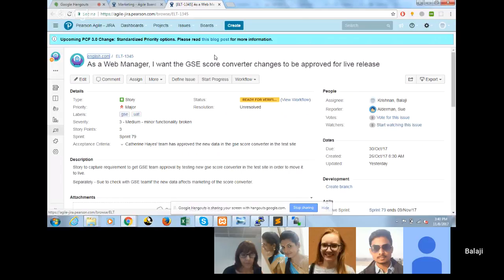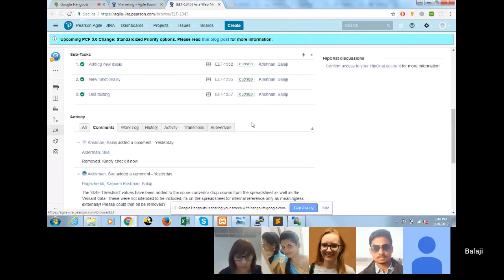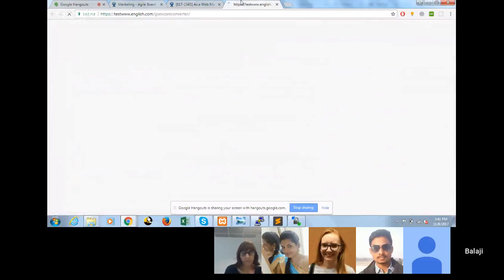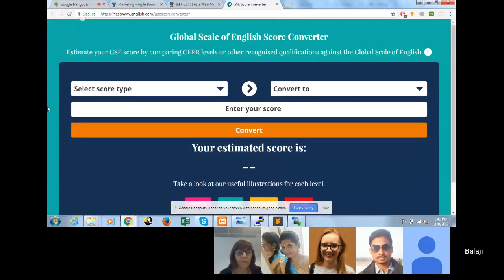Actually, in this sprint, we got three sections from GSC score converter. This is the GSC score converter test page. We have used GSC score converter in multiple places, but as of now, I have changed all the contents only for the GSC score converter iframe section.